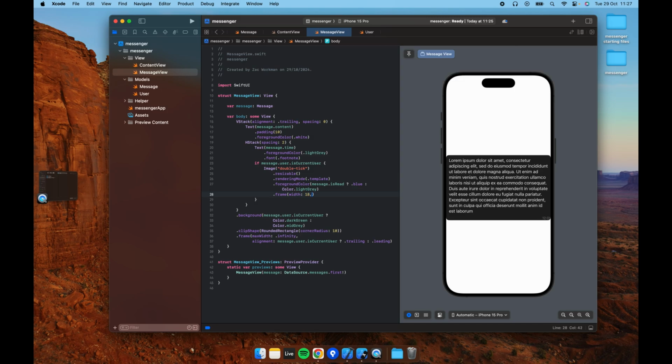Width 18 and height 18. The message is really coming together now. Most of the main UI elements have been put on the screen, but you can see this body property is now looking quite crowded with all the UI we've added. So I think for now, before this gets more crowded, we're just going to break some of this stuff out